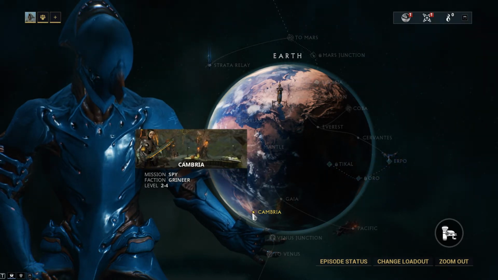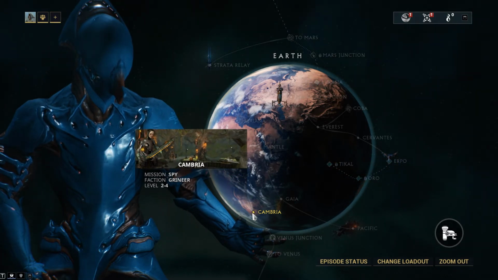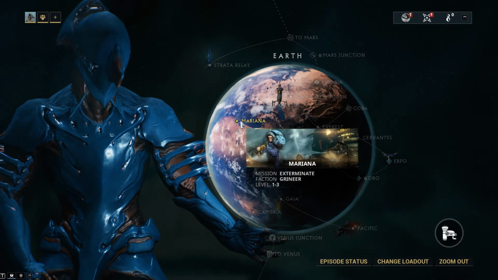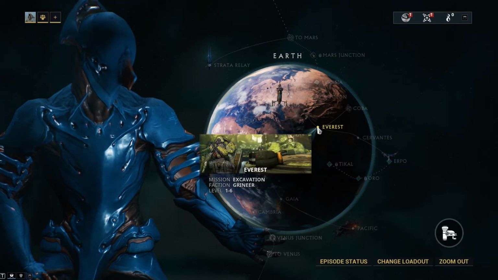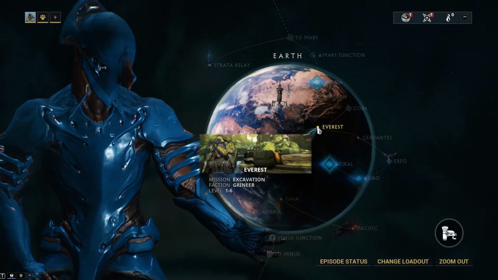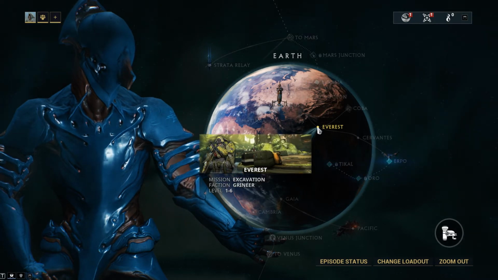But you can look up the missions. I will post a link to the mission wiki page in the description down below. You can look up those. You want to run this one because it will drop serration for you. You can also get it from the spy missions, and you want to run Everest excavation, and you want to go to C rotation, which means you're going to need to excavate 4